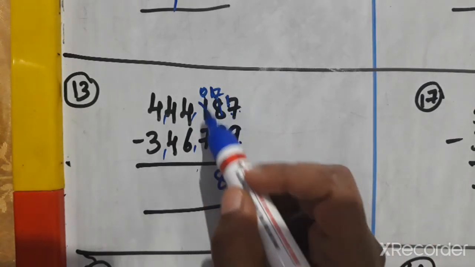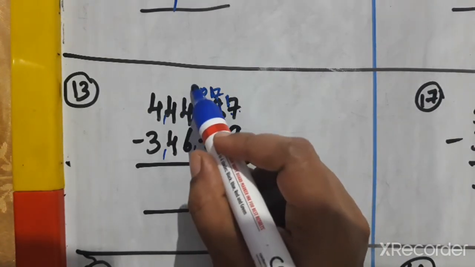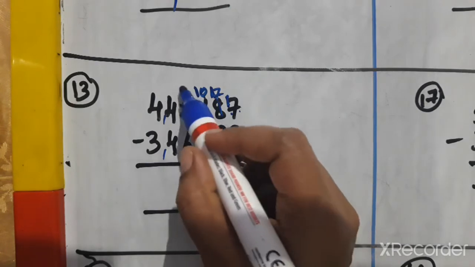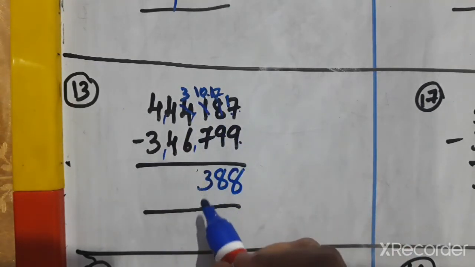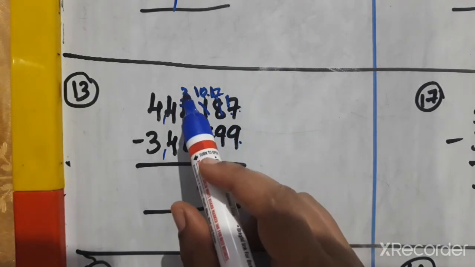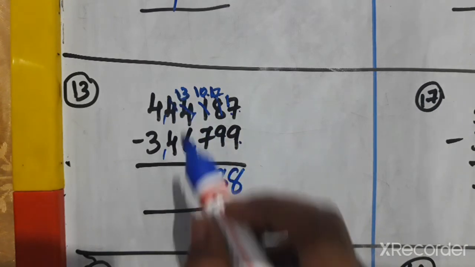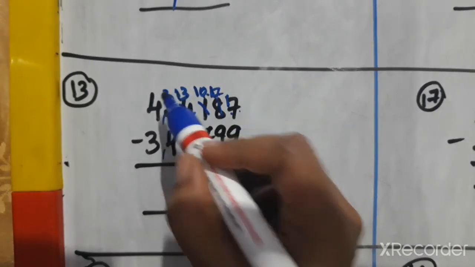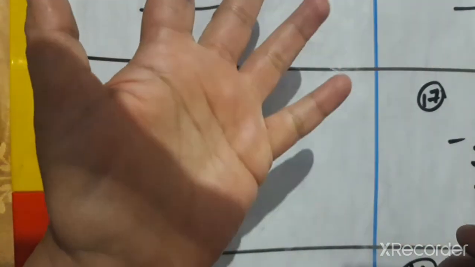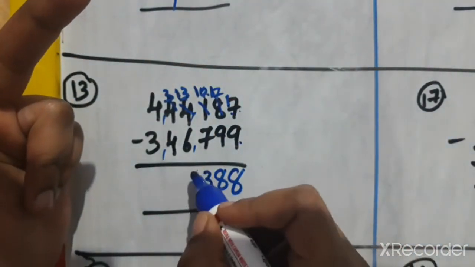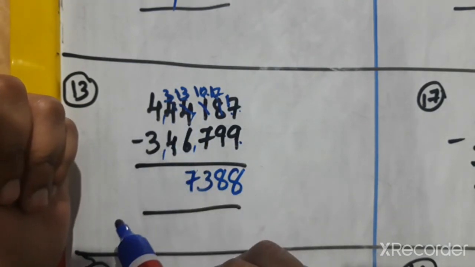Okay. Now 0 minus 7 again we can't subtract it. Borrow 1 from the next number. So here borrow 1 means it will become 10 and 4 will become 3 now. Now 10 minus 7 means 3. Now here 3. 3 minus 6 we can't subtract it. Borrow 1 from here 4. So here it will become 13 and here 3. 13 minus 6 means 7, 8, 9, 10, 11, 12, 13. How much? 7.